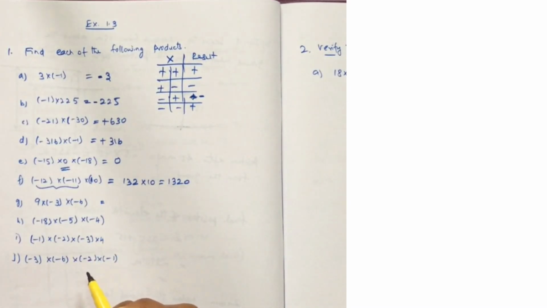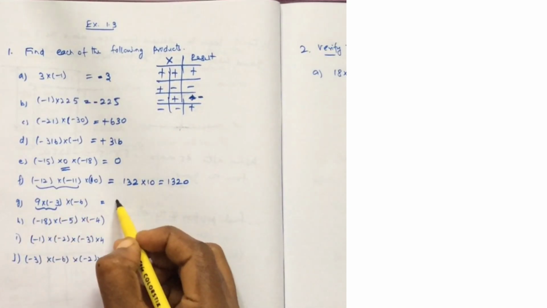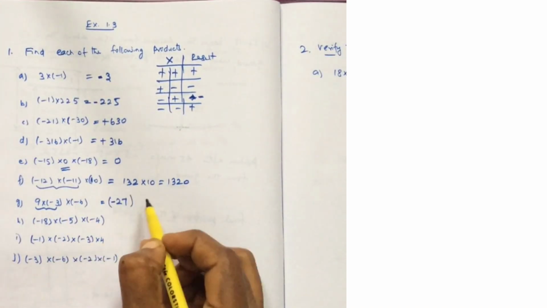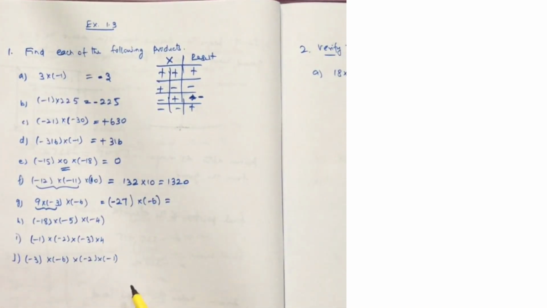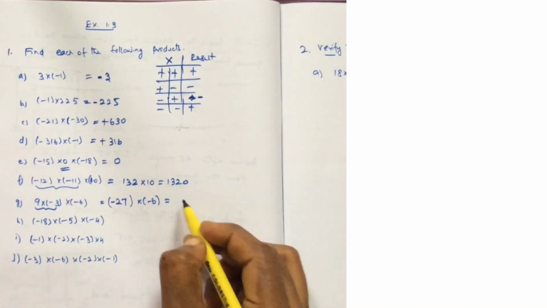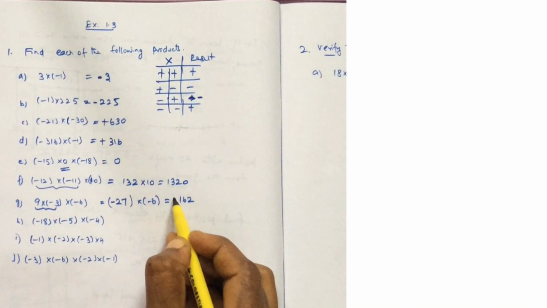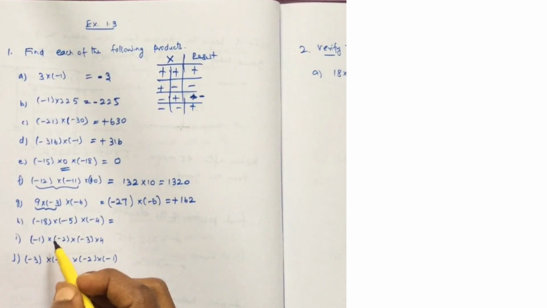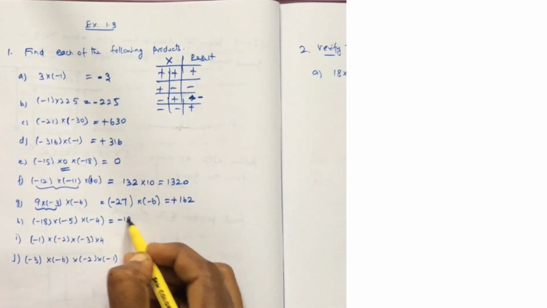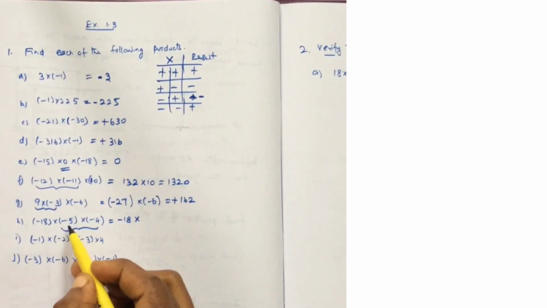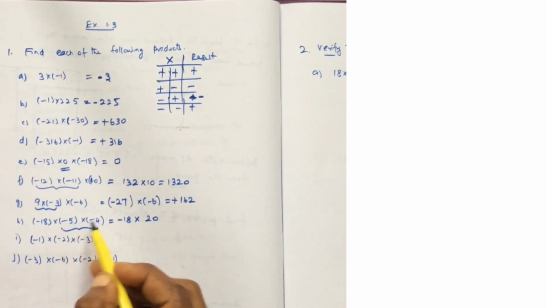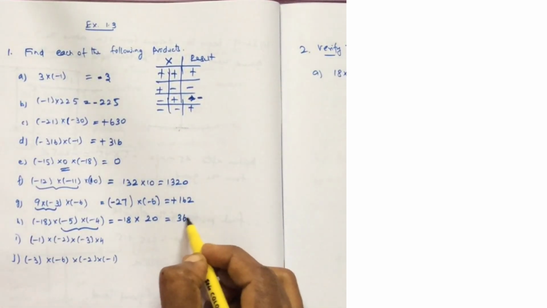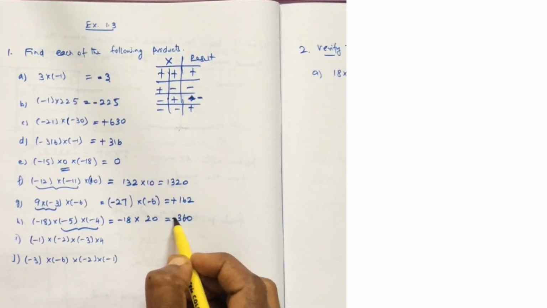Okay. Here we will do first these 2. 9 3s are 27. This is positive, plus into minus, minus, that multiplied by minus 6. Okay, 27 multiplied by 6 is 162. This minus into minus is plus. The next is, here we can do minus 18, keep it as it is. What is here? 5 4s are 20. This minus into minus plus. So 18 multiplied by 20 is 360. Yes, minus into plus, plus into minus, minus.